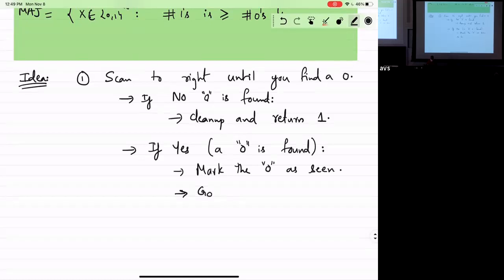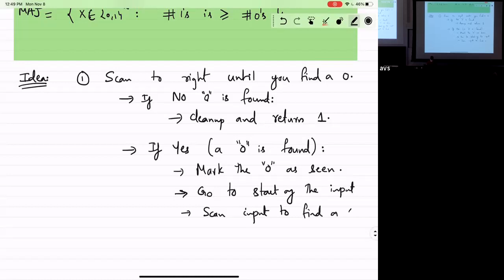Now go to start of the input, scan input to find a 1. Okay. So wherever I found a 0, I need to find one unmatched 1 in my input. And it could be to the front or to the right, so I go to the start and then start looking for a 1.